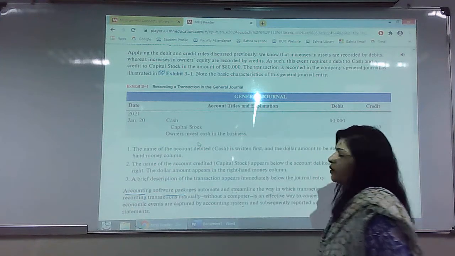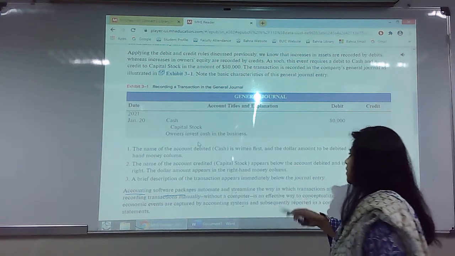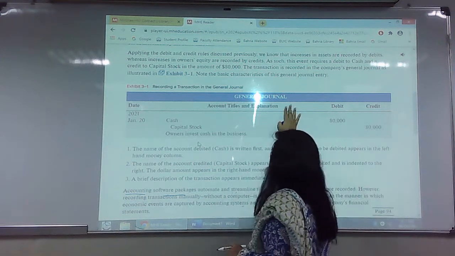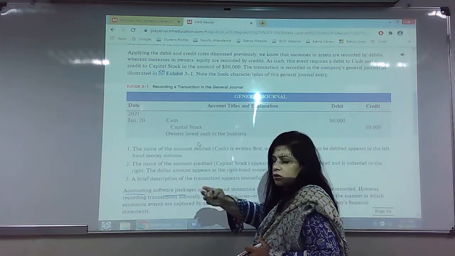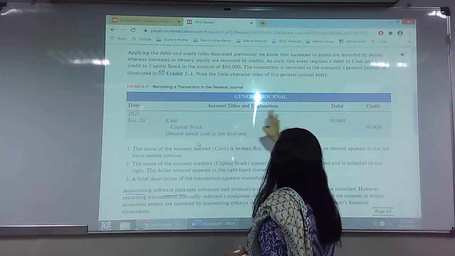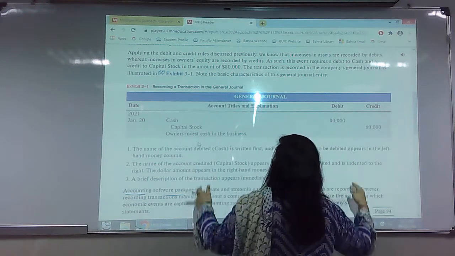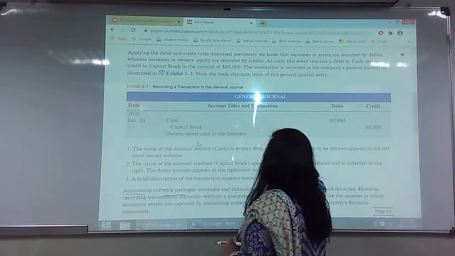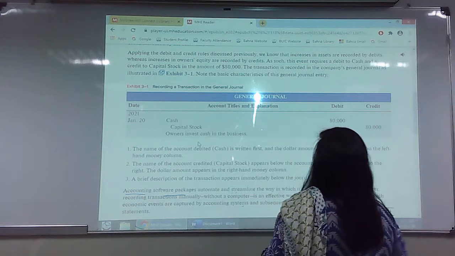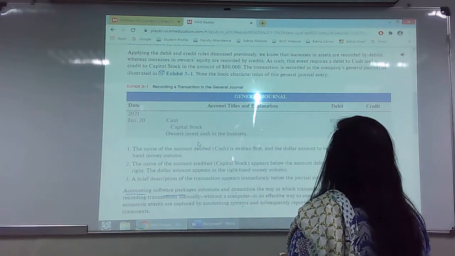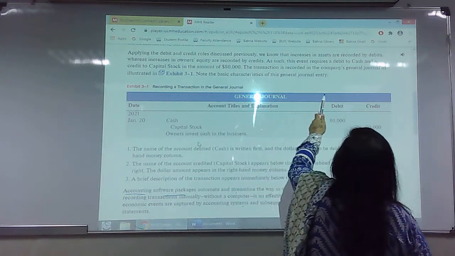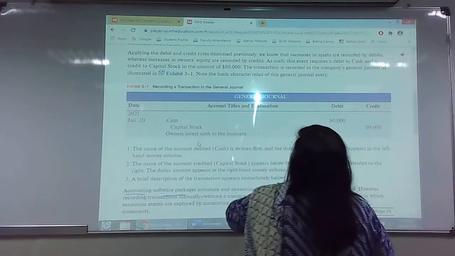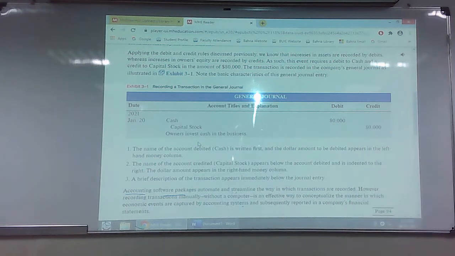For example, what is a general journal or the entry in that? So this is going to be a general journal. It's going to be like a record in a register, in a book. It's going to be a very long one, but for one entry, this is the way you usually have it, okay? Now, let's read what they're trying to say. I think the statement was way before.